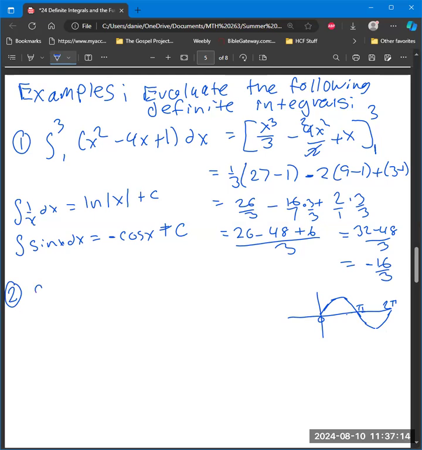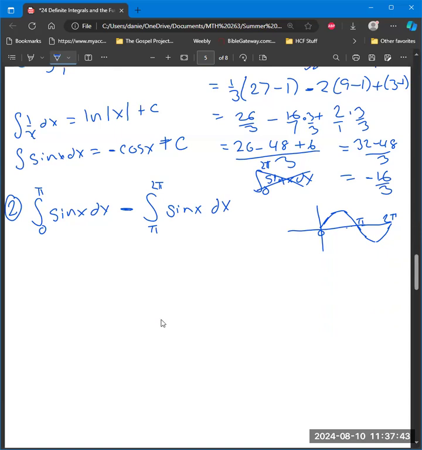So I'm going to have to set up an integral from 0 to pi of sine x dx, and then I'm going to need to subtract the integral from pi to 2 pi of sine x dx. I don't want to just go 0 to 2 pi of sine x dx. That'll give me the wrong answer, because this positive and this negative will zero each other out. And I want the total area